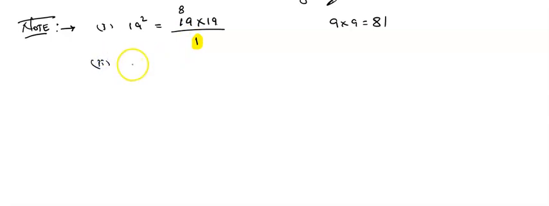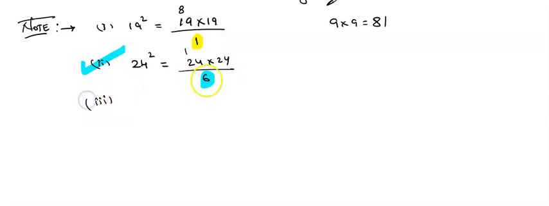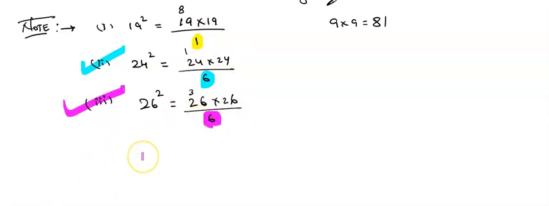You check option 2, example 24 square, that is 24 into 24, 4 fours are 16, 6 and 1 carry. As we can see here, what is the first number we got? 6. So option 2 is the right answer, because in unit digit we are getting 6, right? So 24 is the correct answer. You check 26 square. When you do 26 into 26, 6 sixes are 36, 6 and 3 carry. As we can see here, the unit digit is 6, so it is the right answer. Are you getting these steps?